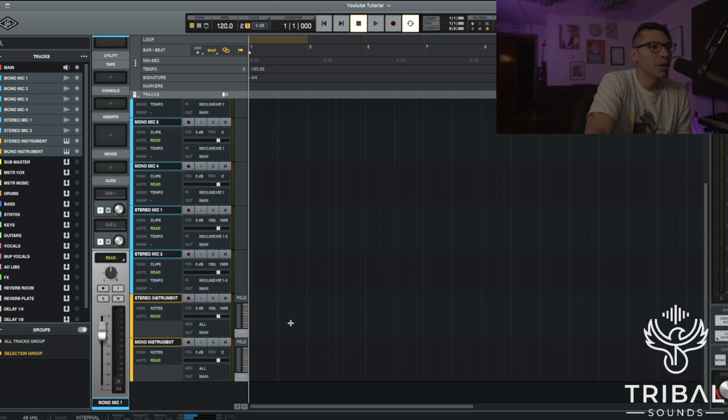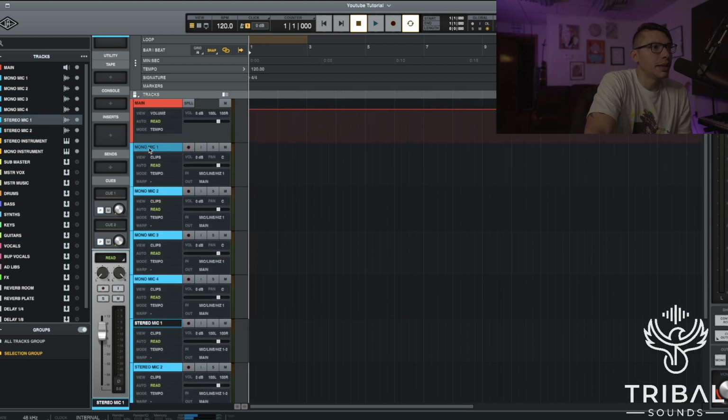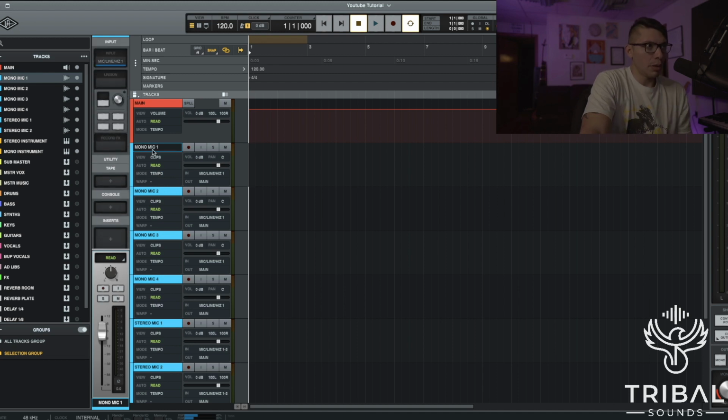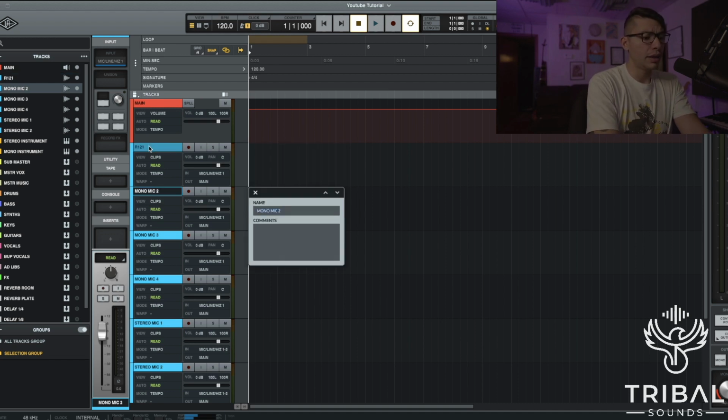mono instrument already created. At this point, what I would like to do is go ahead and preemptively set these mics up to the correct input. So my microphone 1 is coming in fed by line 1. I know that that microphone is wired currently to a R121 for my guitar. And then the second one is a